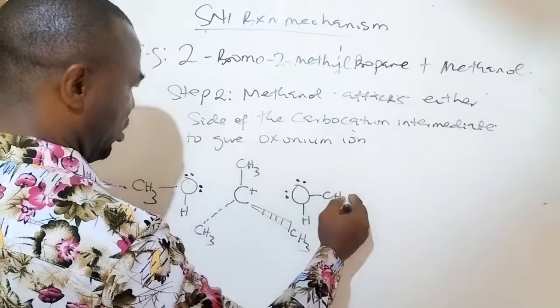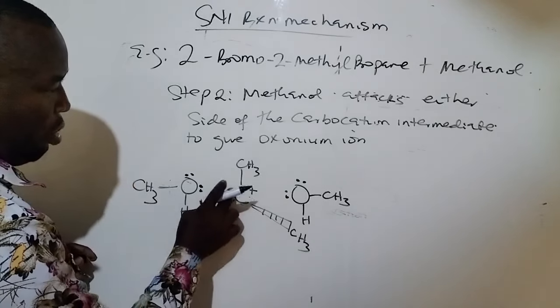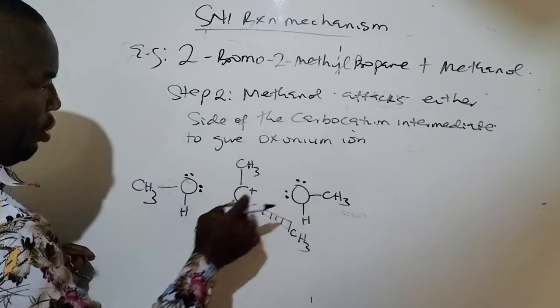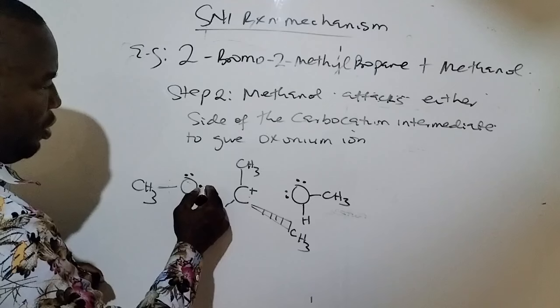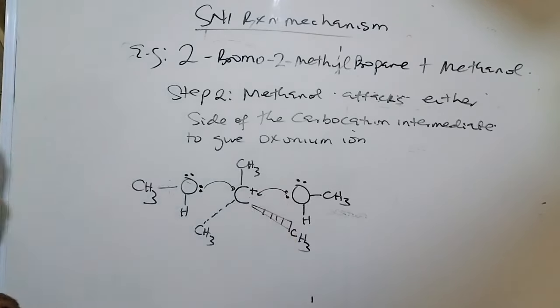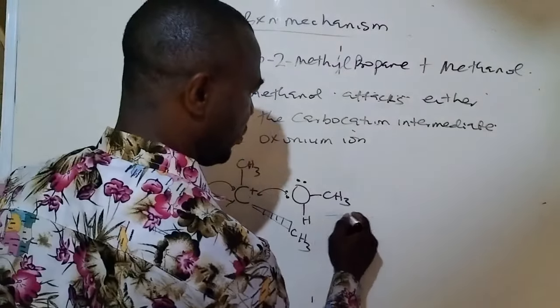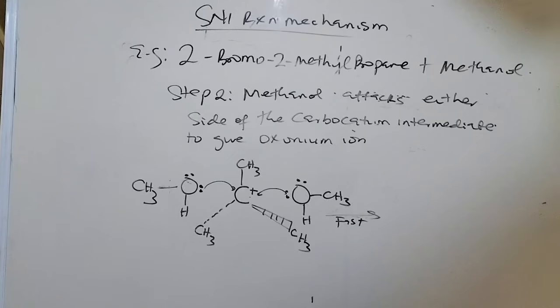Remember that the carbon atom is electron deficient. So there is no atom on the carbon that will repel the methanol, unlike in the SN2 mechanism. So this methanol can attach itself here or attach itself there. So we have two possible structures of the product, or oxonium ion, produced. And this is the first step. When this reaction occurs, we now produce,